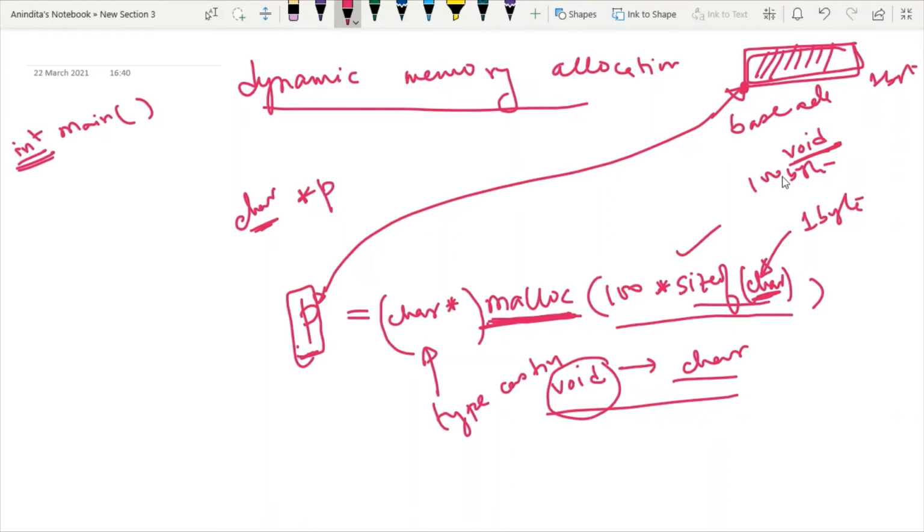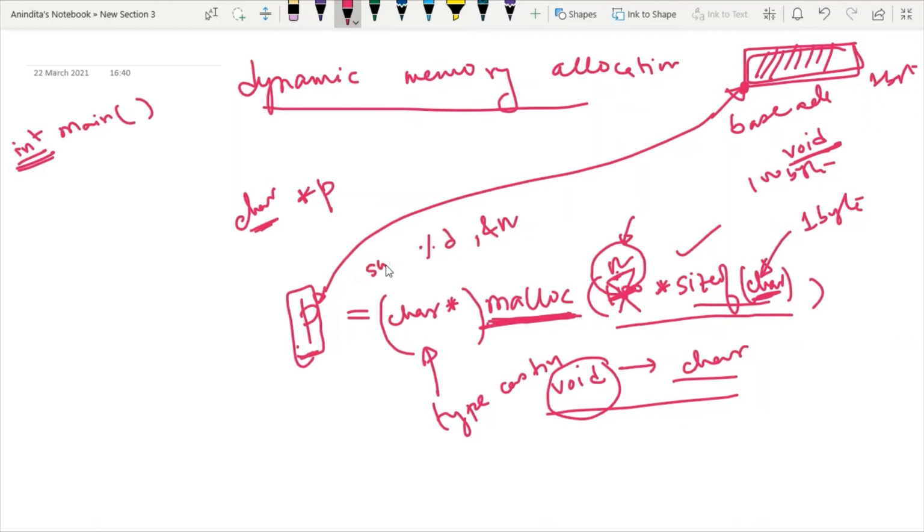But there is one more discussion. Can I make it dynamic? Means can I write n into sizeof character where n is decided by the programmer? Yes, I can allocate this memory where the size of the memory is decided by the programmer. So here instead of 100 I have to write n, and this n I have to take as input from the keyboard.